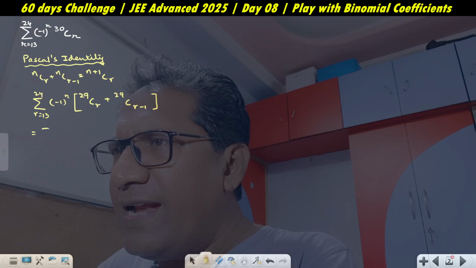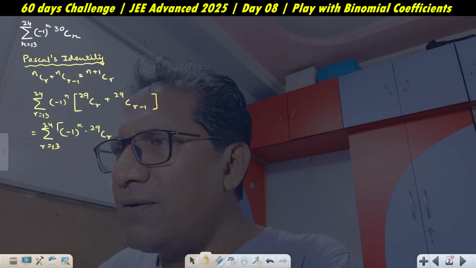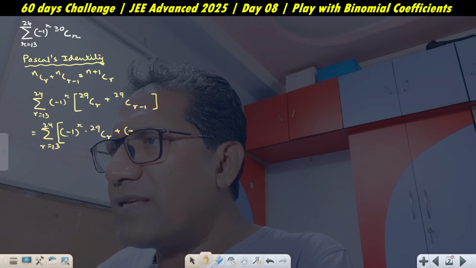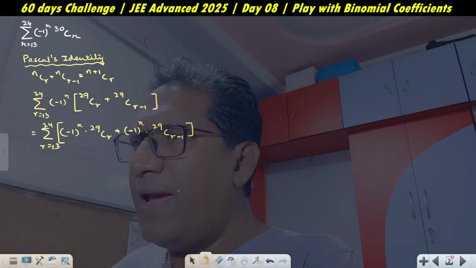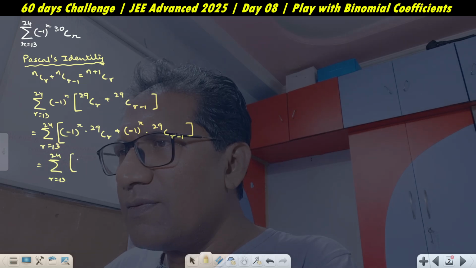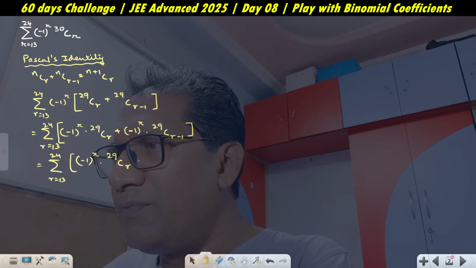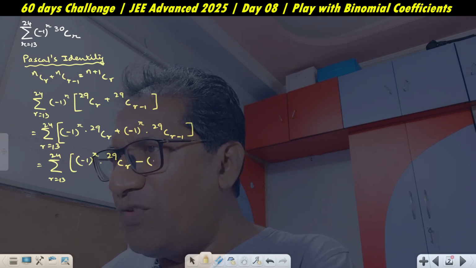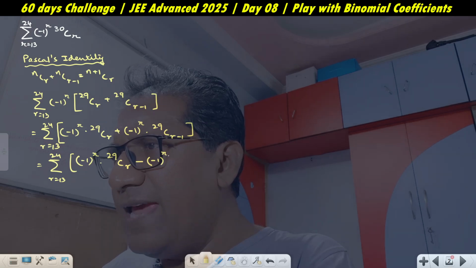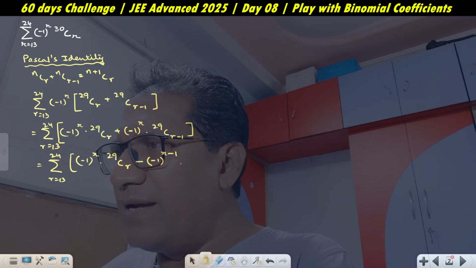Now if I separate, it's minus 1 to the power r, 29CR, plus minus 1 whole to the power r, 29C(R minus 1). Okay? Now we can write this thing like minus 1 whole to the power r into 29CR, and I'm giving a minus sign over here and taking the exponent of minus 1 as minus 1 to the power r minus 1,